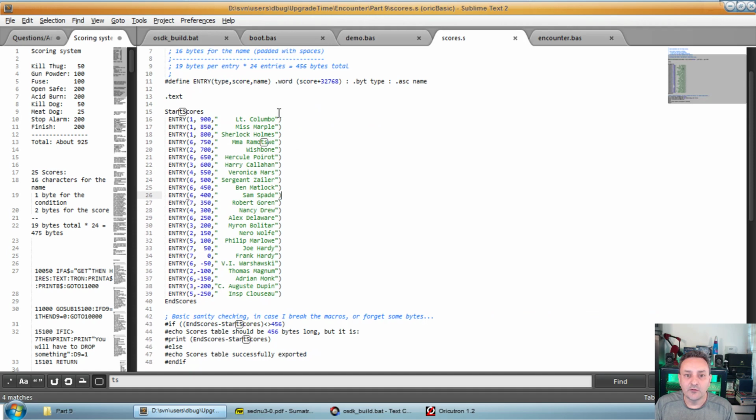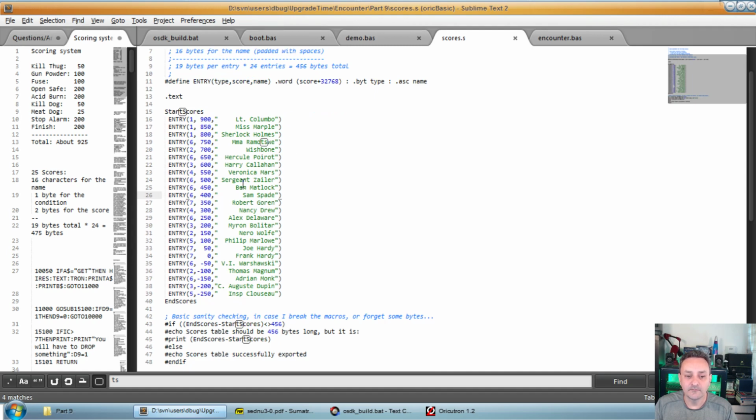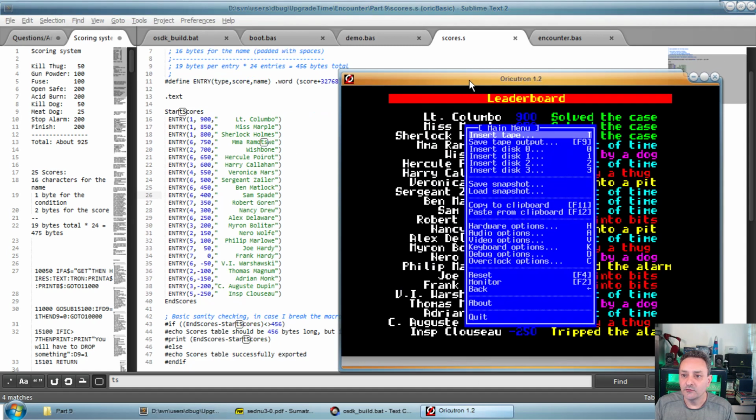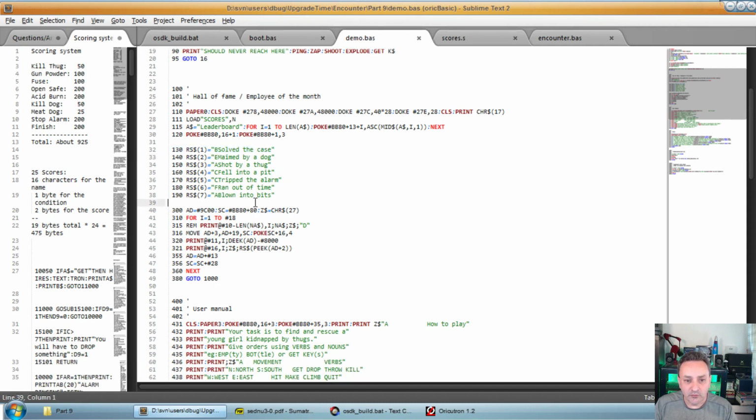Basically it's 24 entries, each one is 19 bytes: 2 bytes for the score, 1 byte for the game ending condition, and 16 for the name of the famous detective. And that's how you see Lieutenant Colombo got 900, and entry 1 solved the case. And solved the case is indeed entry 1. And you can be maimed by a dog, shot by a truck, fell into a pit, tripped the alarm, ran out of time, and blown into bits. There may be some other conditions, but basically